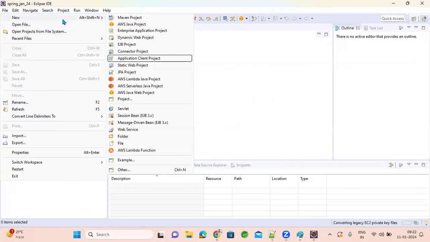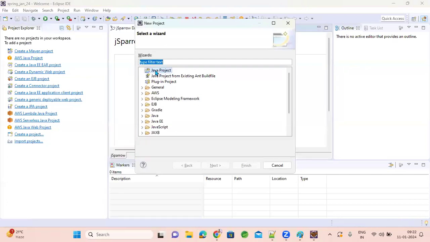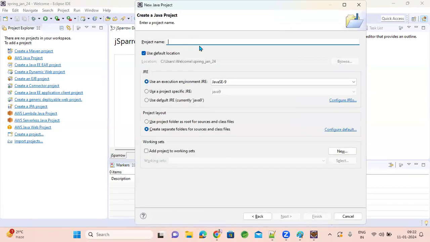I'm creating a Java project here. We have a lot of project types, out of which choose Java project. Next, create object using Spring.